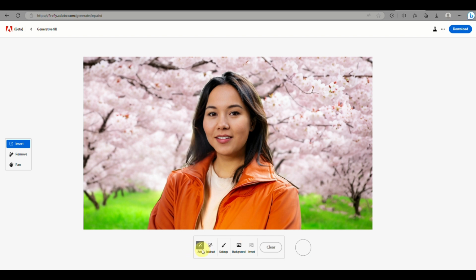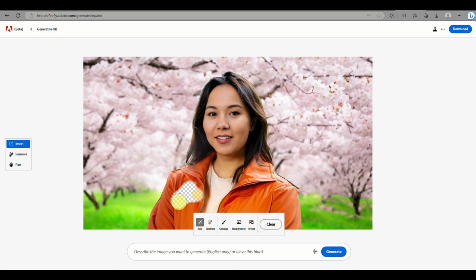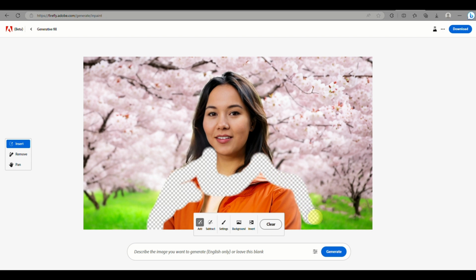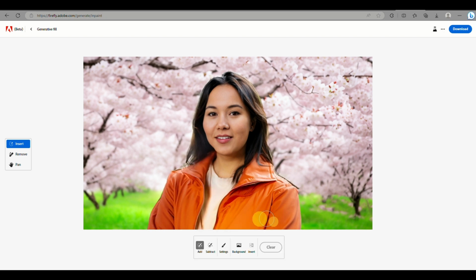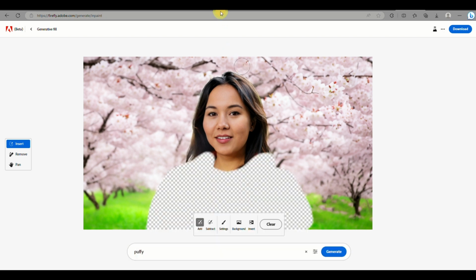Now I want to change the clothing or the clothes that the model is wearing. So what you can do is you can click on this add button on one of your tools and just simply cover or erase the parts of your model where you want to change the clothing or the dress of your model. So let's say you want to add a puffy coat or a furry coat,